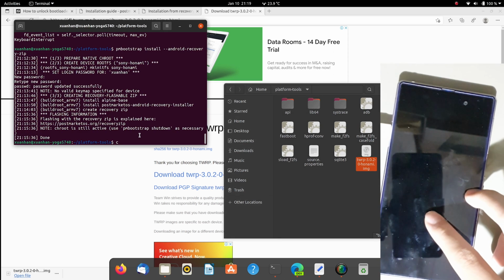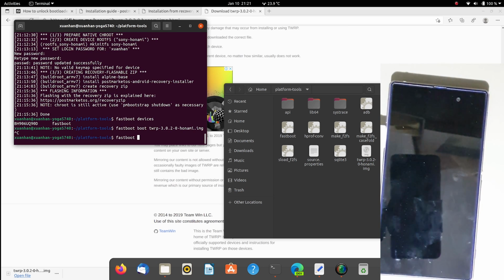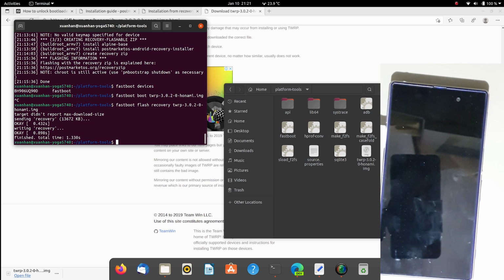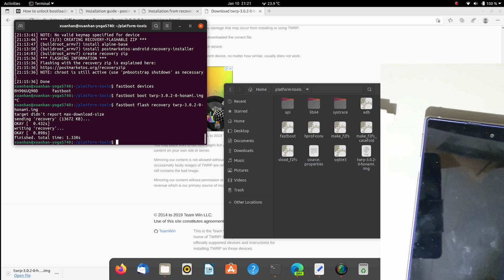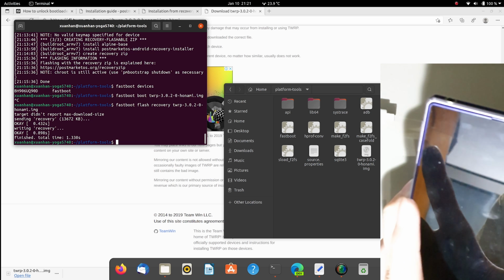Open a terminal in the folder where the TWRP image is stored and type fastboot flash recovery followed by a space and the file name of your TWRP image and press the enter key. For example, fastboot flash recovery recovery.img. You can rename the TWRP image to shorter names like twrp.img or recovery.img for your convenience. After the command completes with no errors, type fastboot reboot and press enter. The device should reboot. Before the logo shows up, hold down the volume down and power key for Sony phones to boot into TWRP recovery.